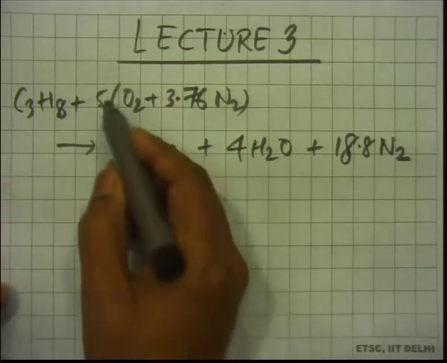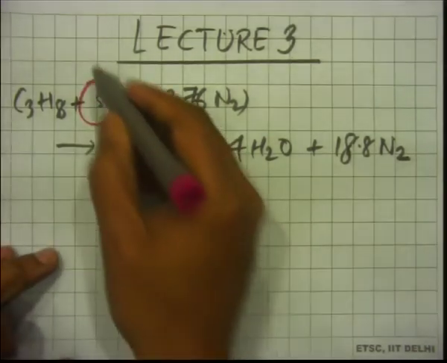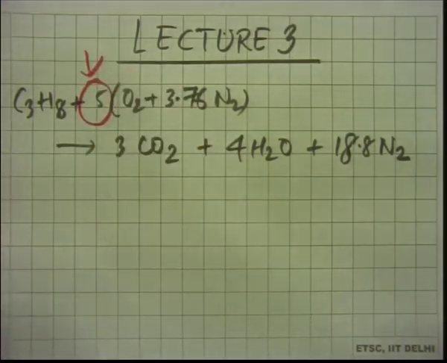So I am talking about this 5 that you see here. There is only one 5. Okay, this 5. So if it is 2, you will definitely not get ideal products of combustion because you are supplying far less. That will not happen. But my question was not that. My question was, if you supply 5, do you get CO2 and H2O? Is there a guarantee? No, there is no guarantee.